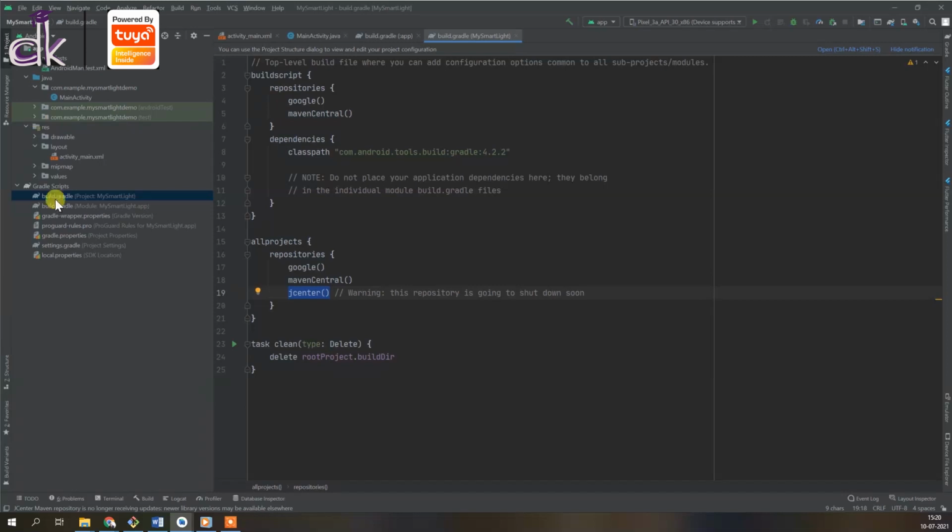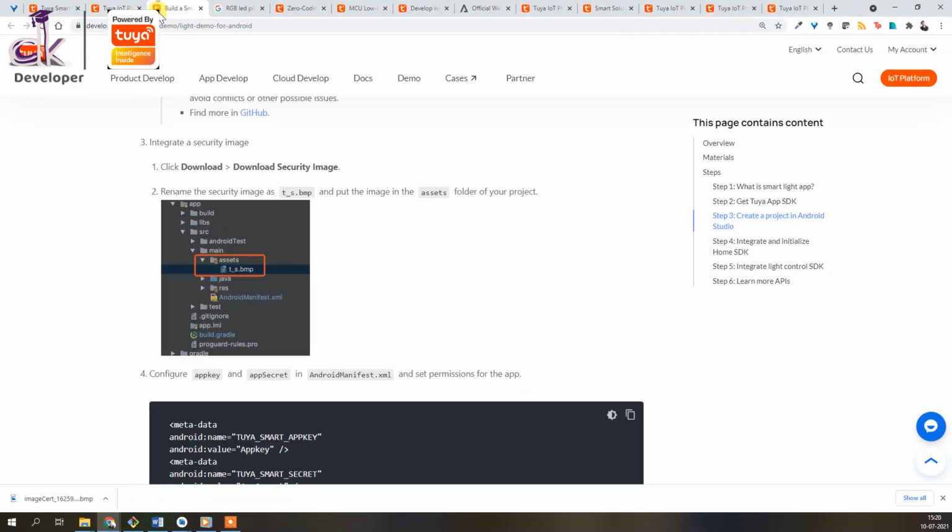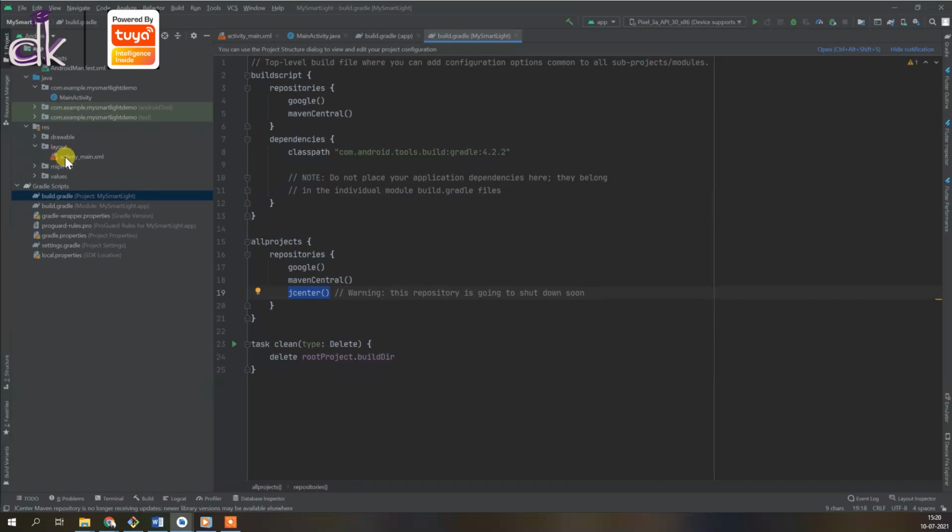Right, now you need to know where exactly to paste it. So if you go over to the article, you can see that we need to paste it under src/main, and inside that create a folder called assets and then paste it under there. Okay, so where exactly is this folder, right? I do not see any app or main, nothing like that. And that's because we are only seeing the app level file if you choose Android.